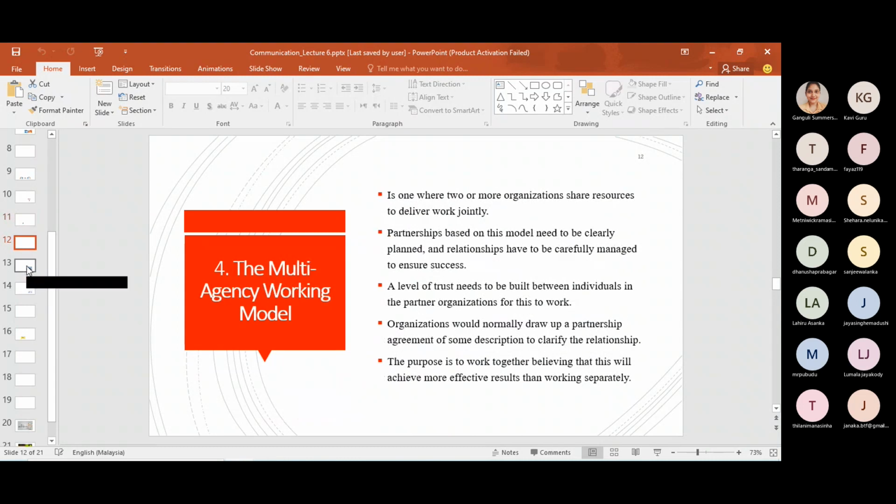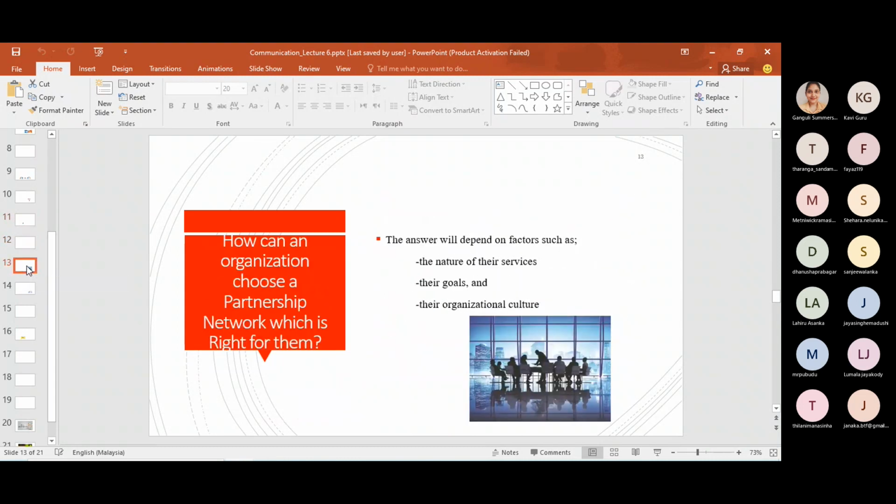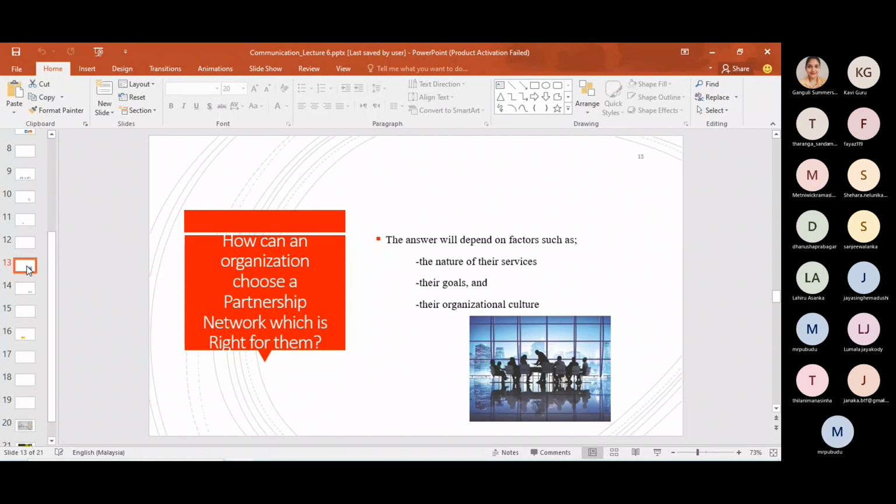Okay, so these are the 4 models of partnership working. So guys, so far we discussed 4 models of partnership working. So how can an organization choose a partnership network which is right for them? There are 4 models of partnership working. So how can an organization decide the partnership model that